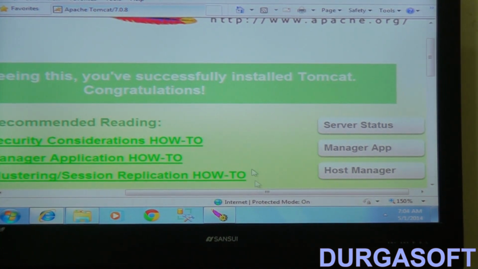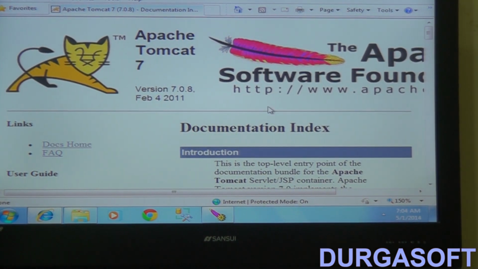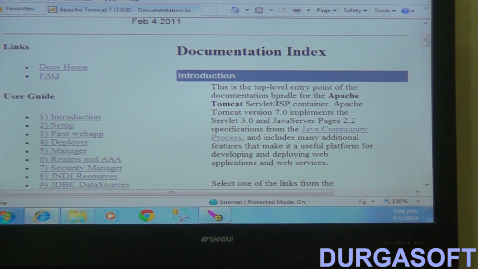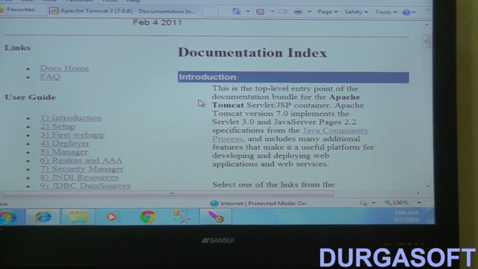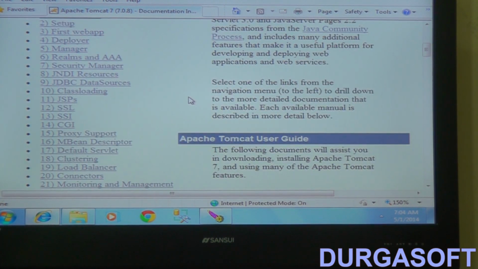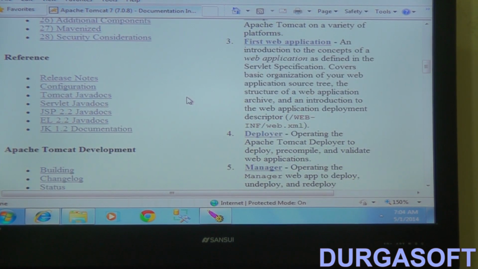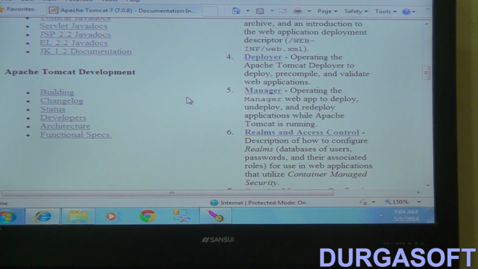If I get into the documentation part, there are multiple areas where we can see Tomcat is a server. Let me show one by one.